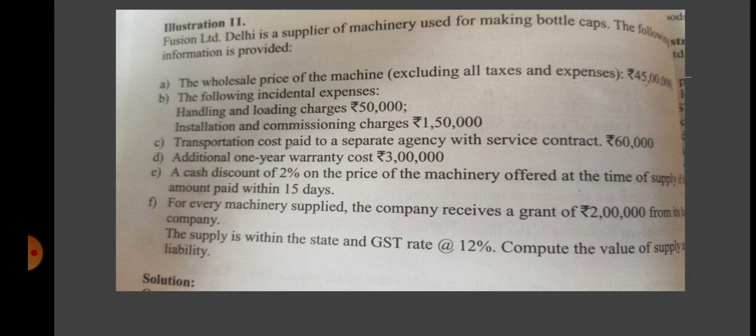The following incidental expenses: handling and loading charges 50,000, installation and commission charges 1,50,000, transportation cost paid to a separate agency with service contract 60,000, additional 1 year warranty cost 3 lakh, cash discount of 2% on the price of the machinery offered at the time of supply if it is paid within 15 days. And for every machinery supplied, the company receives a grant of 2 lakh from its